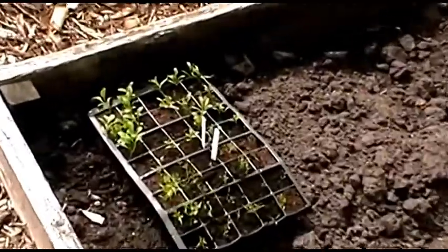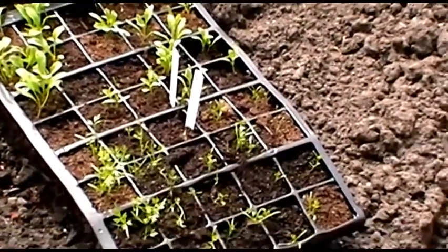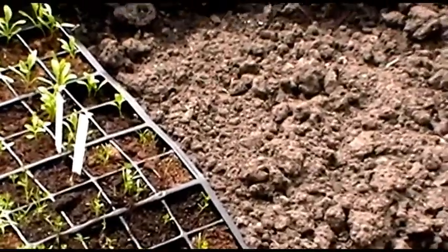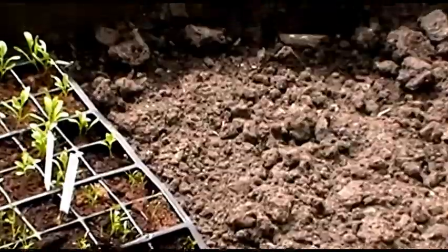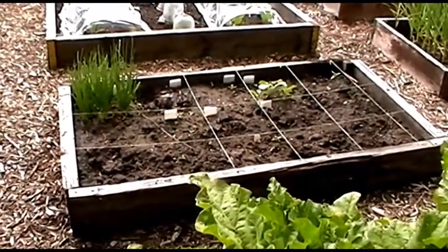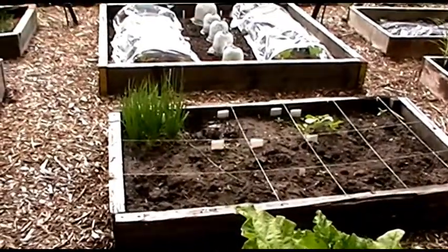Here we have some carrots and some beetroot, again brought from home. I'm going to put that out over here and hopefully try and get those to grow whilst I'm here. The square foot garden is really sort of taking a break. Very little germinated the first time round, so what I'm going to do is try it again now, give it a weed over,